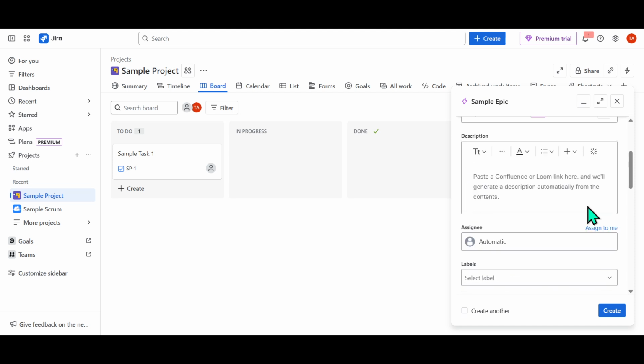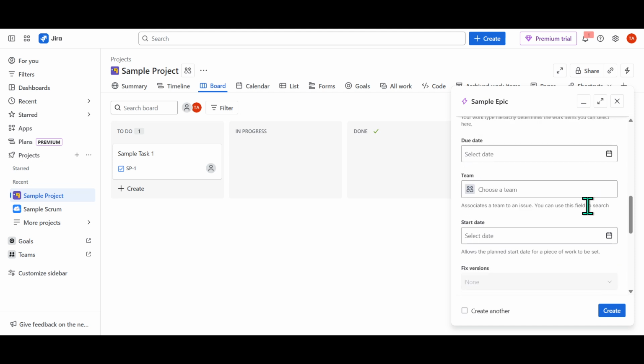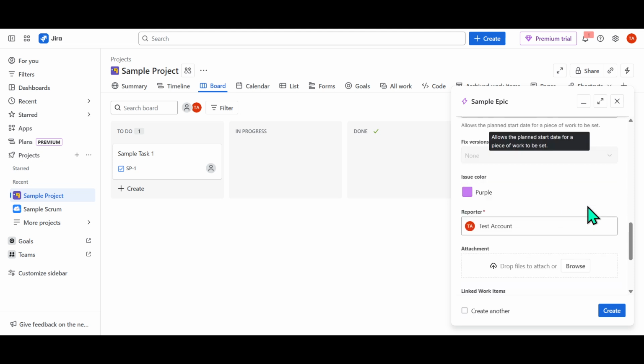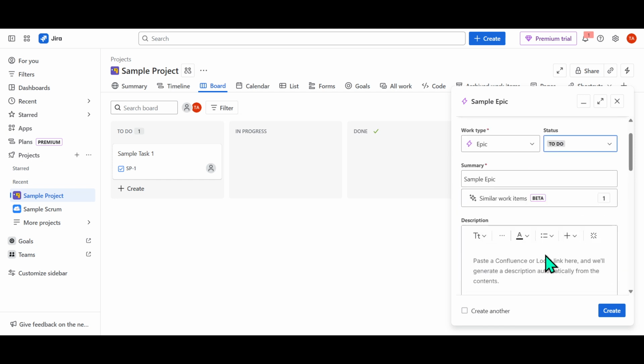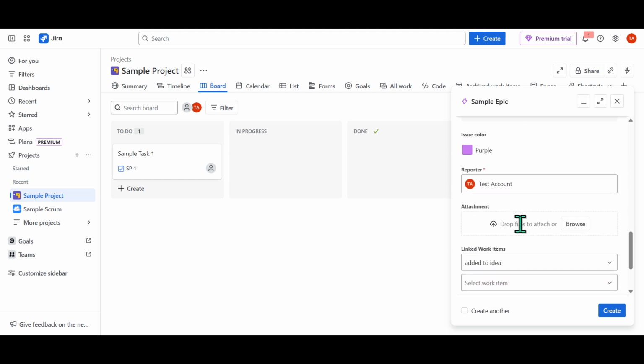Now, let's add a summary. The summary should offer a clear, concise description of what the epic entails. Think of it as the title that gives enough information about its purpose at a glance. You've now filled out the three main fields required for creating an epic: the project, the issue type, and the